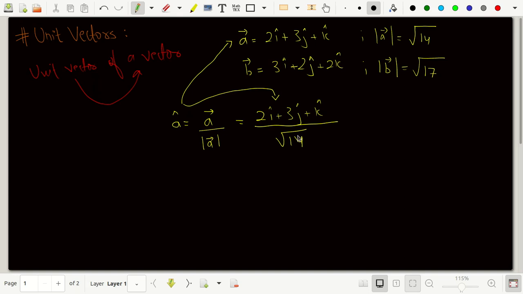We talked earlier that a unit vector is a vector which has a magnitude of 1, and it has a direction. If I don't talk about direction and only talk about magnitude, does it look like it has a magnitude of 1? I don't think so. But wait, this is a very strange and awkward situation. I have got a vector over here, and as I told, a unit vector is of a vector, and I have calculated this unit vector for the vector a.